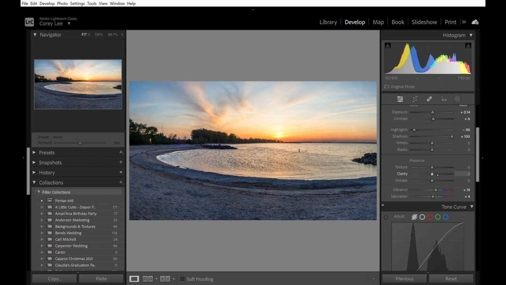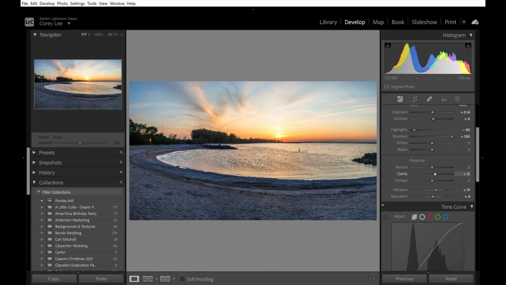So let's look at the image. I'm gonna use 0 clarity. Then I'm gonna use 100 clarity. Well, I use a negative 100 clarity and then 100 clarity. Now let's go to 0 clarity. So that's 0. That's negative 100 clarity. That's plus 100 clarity. So we want it somewhere around 15,